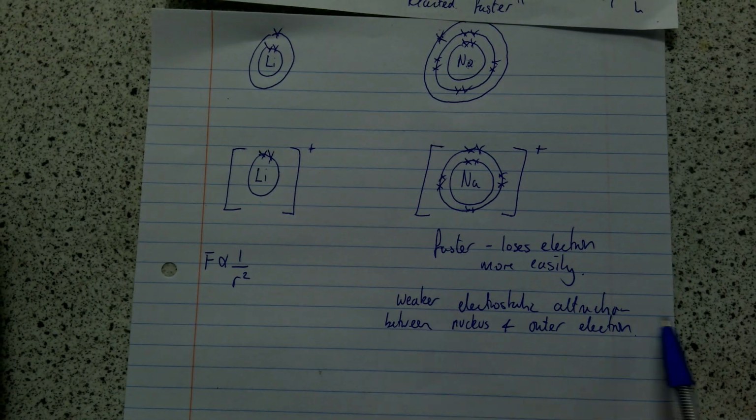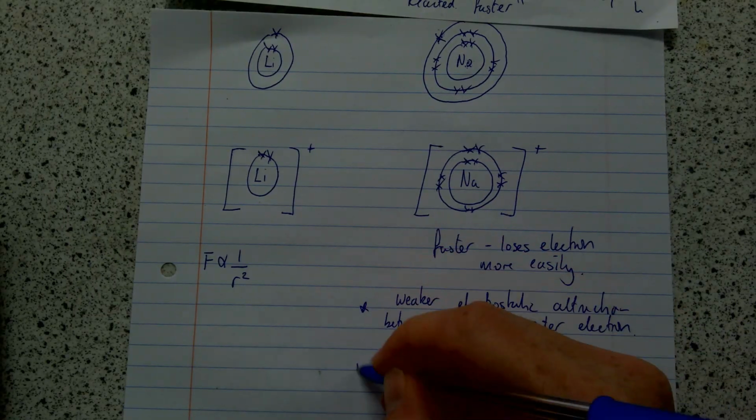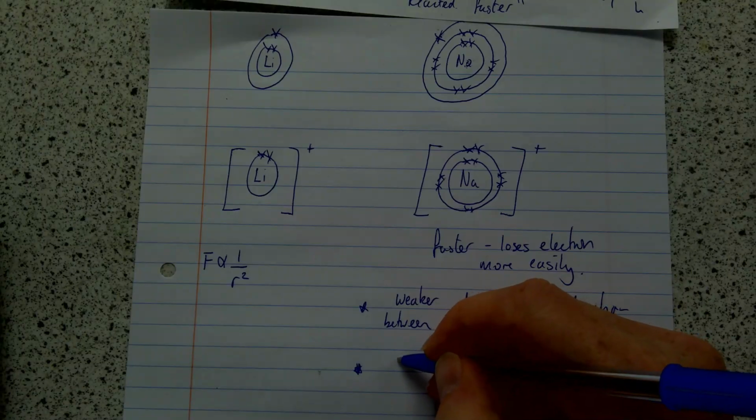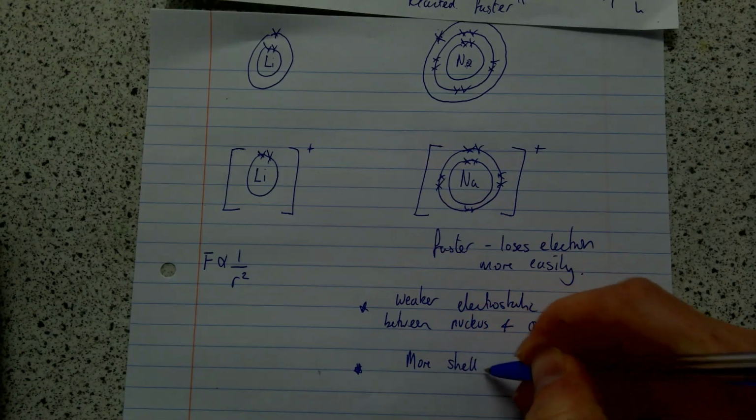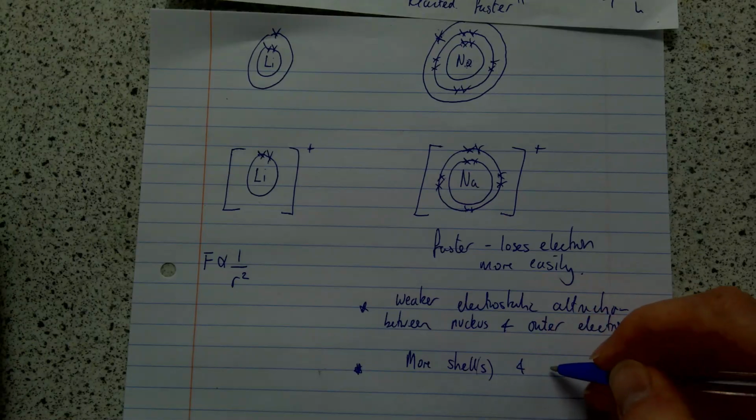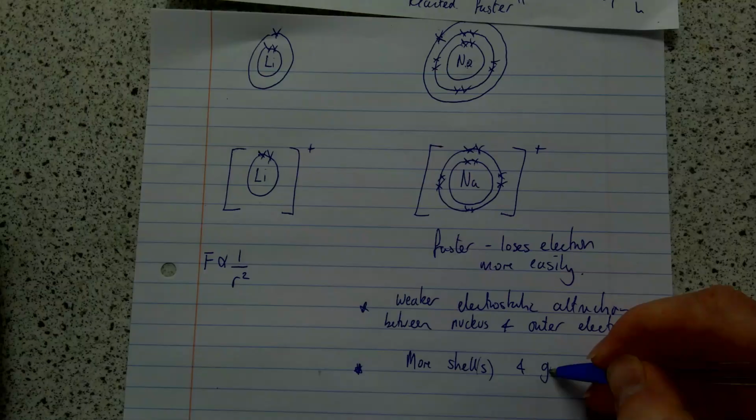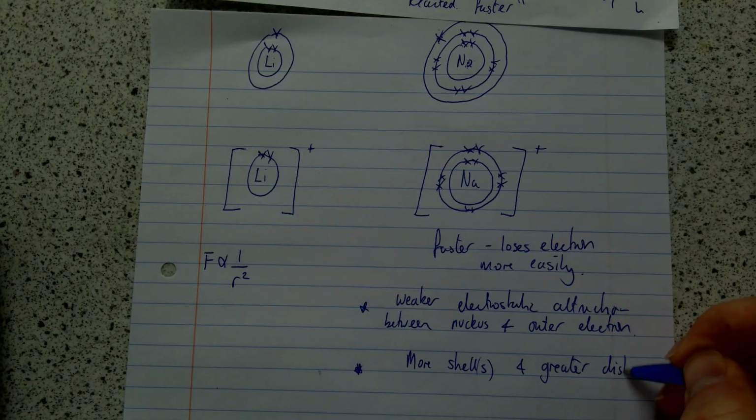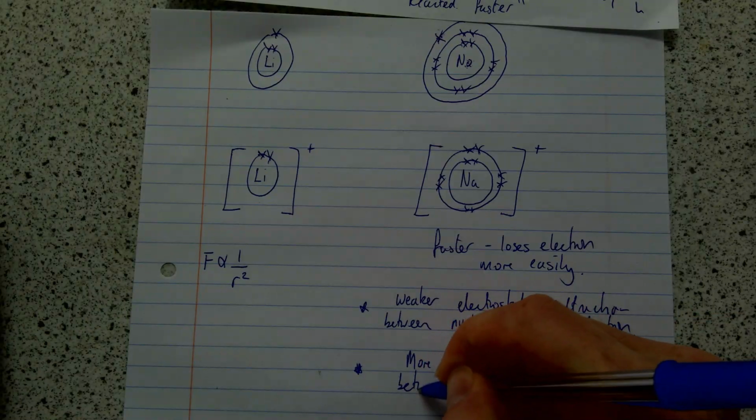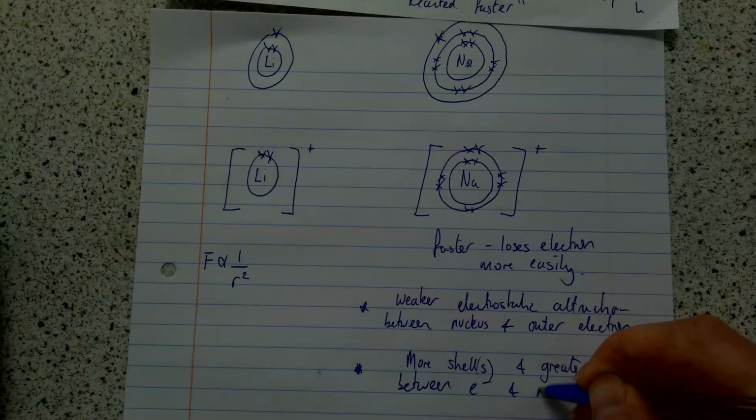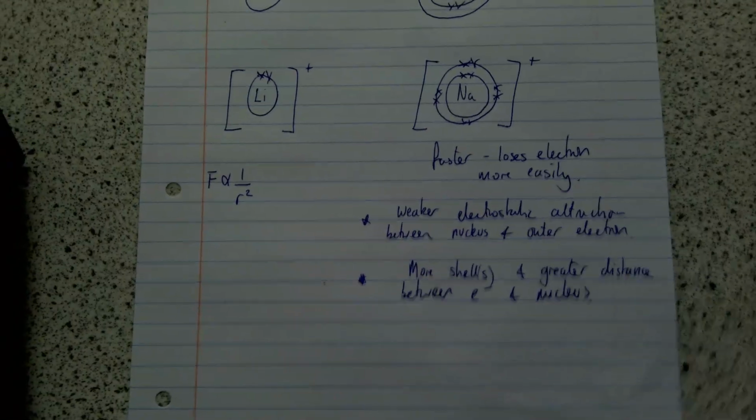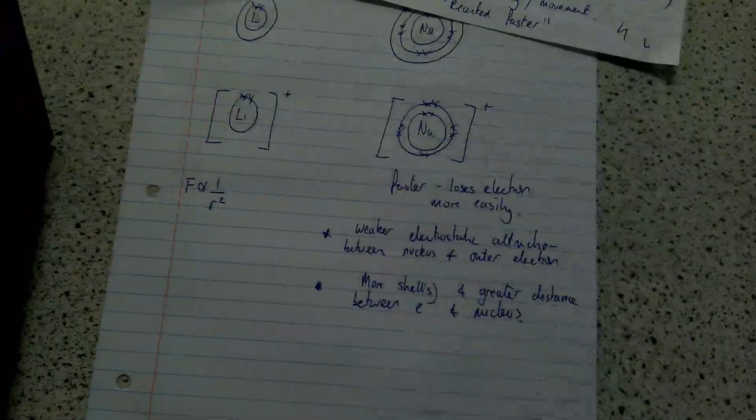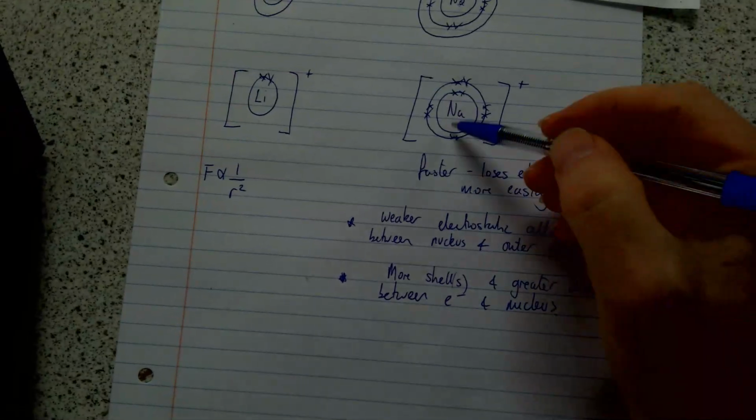So weaker electrostatic attraction between nucleus and outer electron. And we first of all say that's because there's greater distance, and that's because there's more shells. So more shells, or another shell, and greater distance between electron and nucleus. But there's another reason we need to really add in here if we want to do a really good job of this, which will hold firm even when we go do Key Stage 5 chemistry, which is we've got to think about the number of shells in between the nucleus